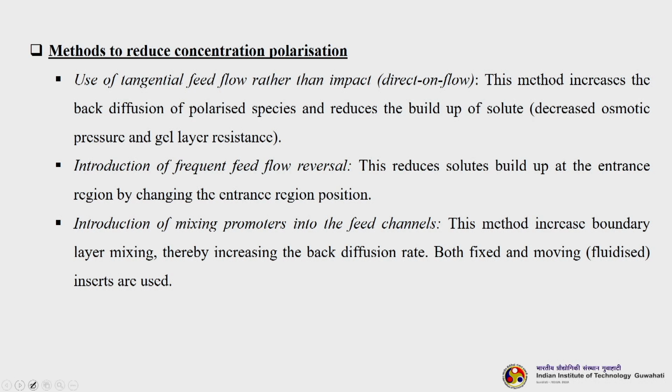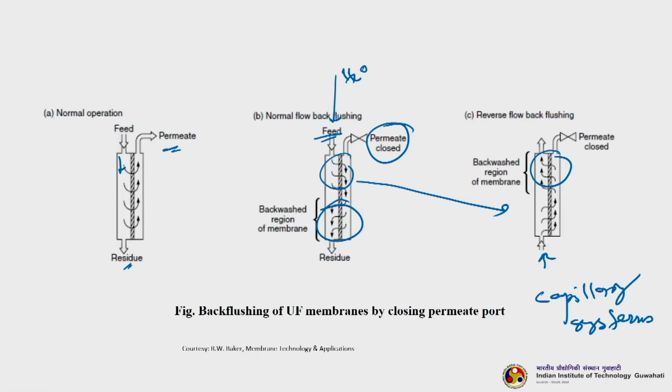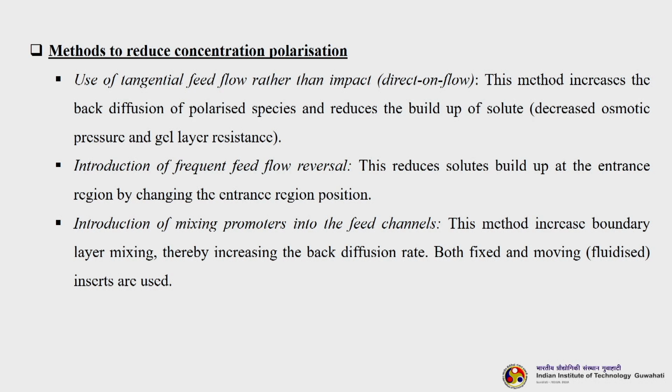Just like I was telling, if you closely look at this, this is your feed, right. Feed is entering from here. After successive operations, you enter your feed from the other end with the same membrane. So, there is a feed flow port and there is a retentate port. You just reverse it after successive operations. The idea is that the entire membrane surface should be utilized for the separation process, and the concentration polarization buildup will also be reversed. That is called frequent flow reversal.